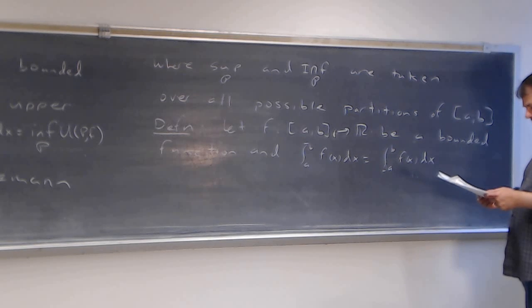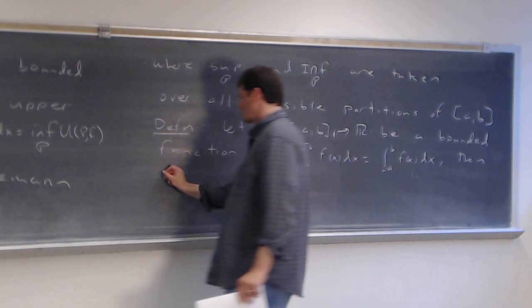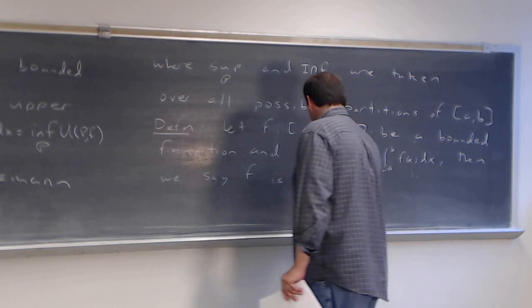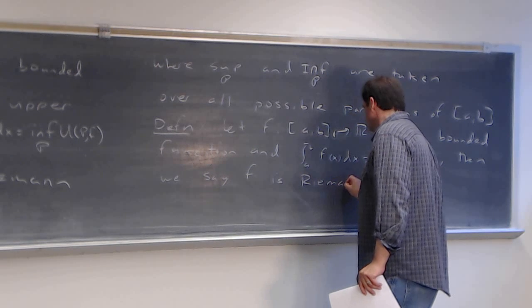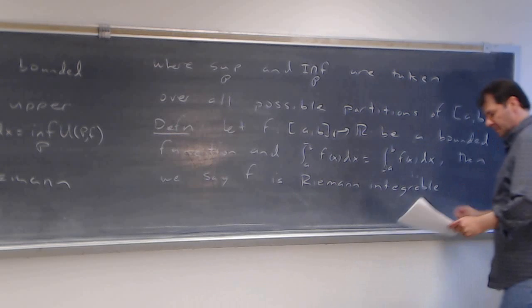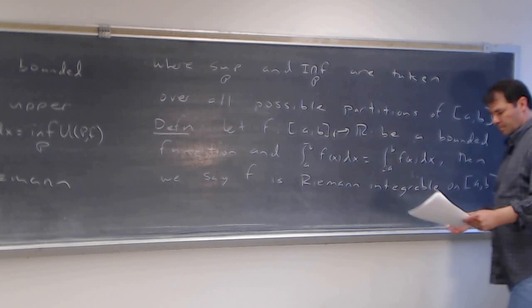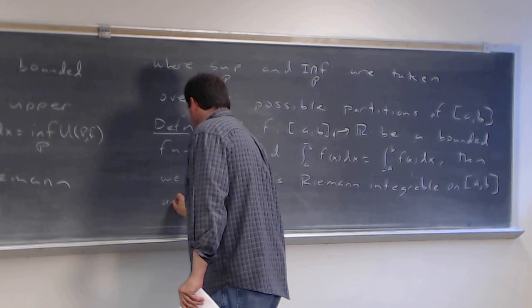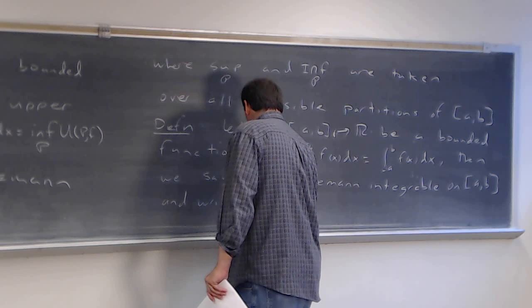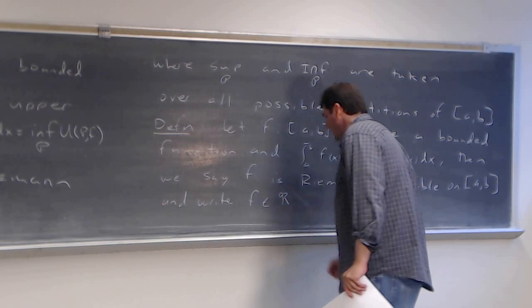Okay. Then we say f is Riemann integrable on a to b, and to denote this, we write f is an element of this fancy R,